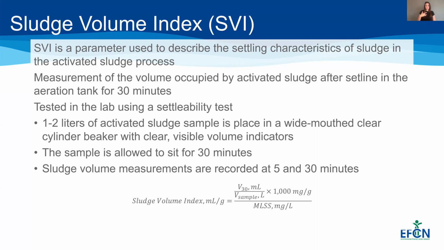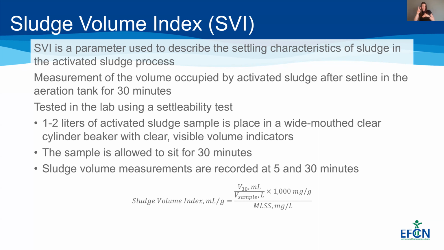Typically, you will measure the sludge volume at 5 and 30 minutes. The 5 will give you an indicator if your sludge is settling way too fast as well. In that case, you may have old sludge that may need to be addressed as well. But the equation for this is going to be your sludge volume index in milliliters per gram is equal to